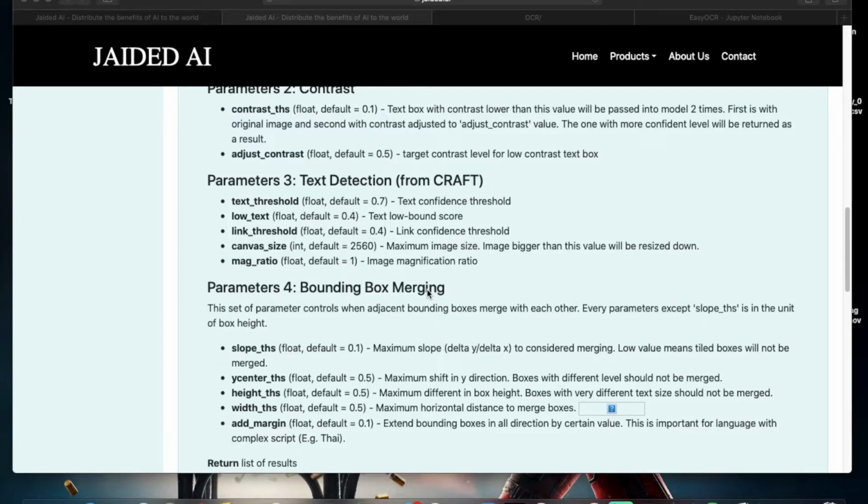That thing you pass through the recognition model, and the recognition model is most probably a model that is trained on different languages to recognize text. It recognizes text in different languages. It's a pre-trained model.